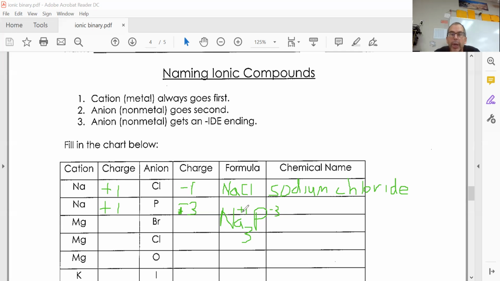Okay, notice there's a switch, a 1 and a 1 here, 3 and a -3 up here. So the digits here are the same, except this is negative. The digits here are the same, except I didn't put a 1 in there. Okay, I need to name this, and I'll do that by calling it sodium